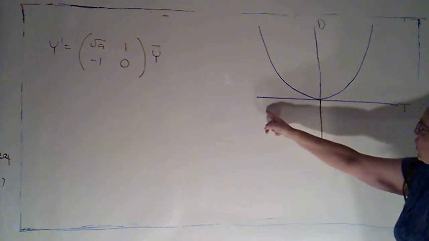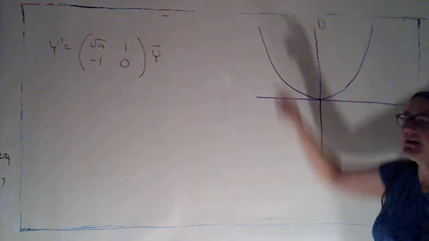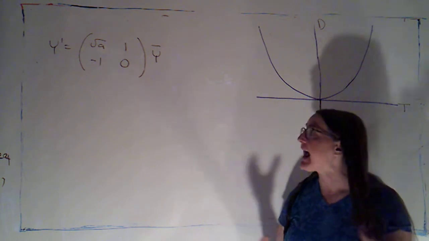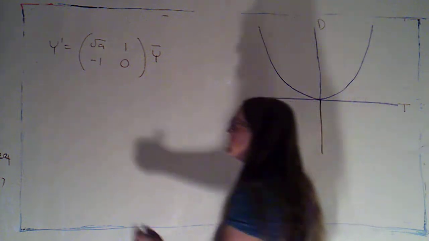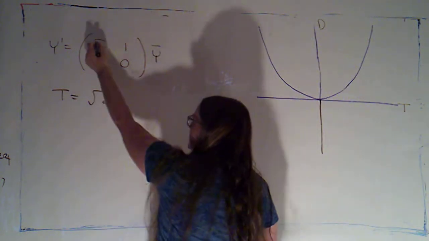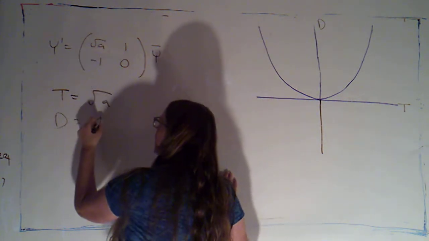I've marked in purple the t-axis, the positive d-axis, and this parabola. These are my critical loci. That's where the type of phase portrait I have changes. Okay. All right, so if I look at this, I can see my trace is the square root of a, because it's just the square root of a plus 0, and the determinant is 0 minus -1, so the determinant